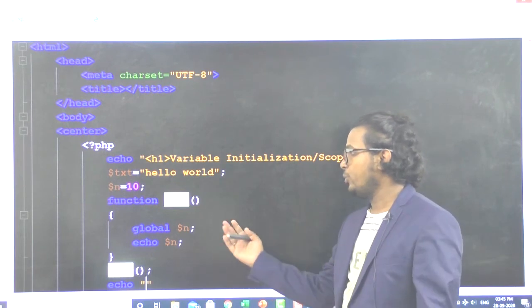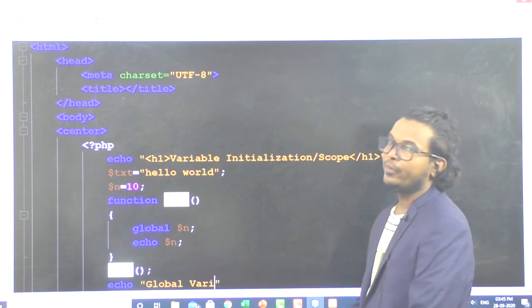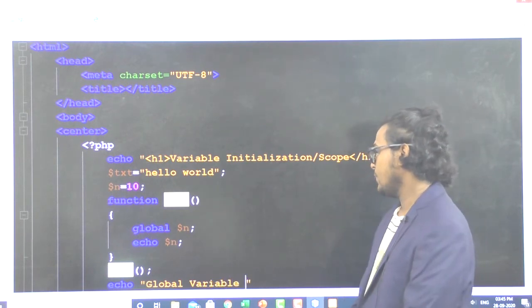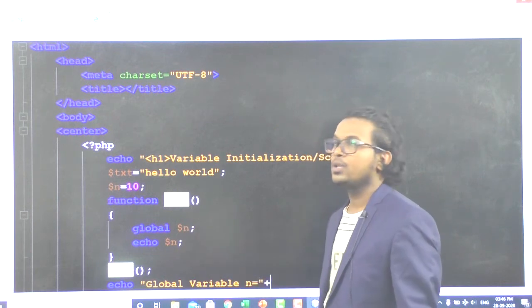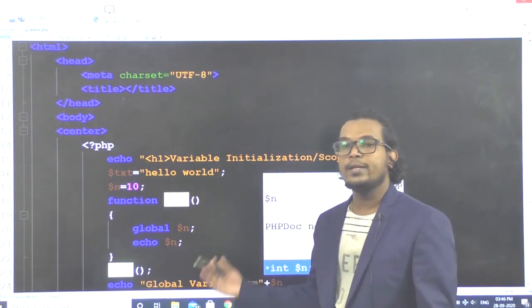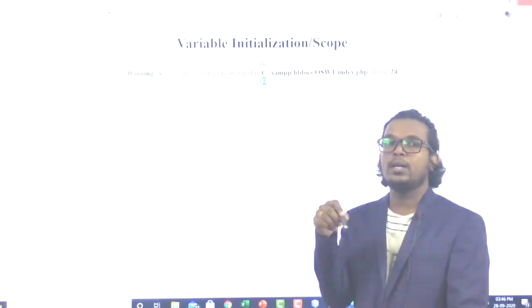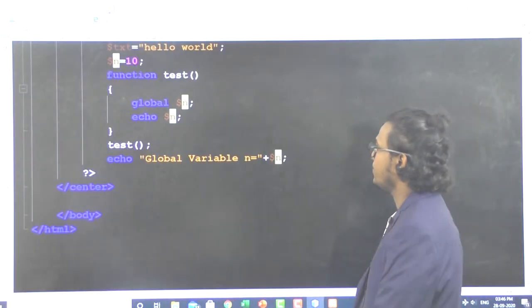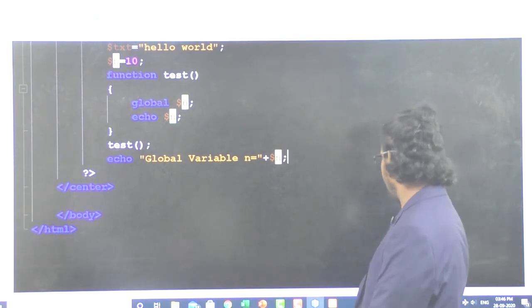Now if you try to print outside the function, we'll see what the n value is. If you want to access this n value within the function, we have to mention global. Outside the function, the global keyword is not required. Save your program and compile.